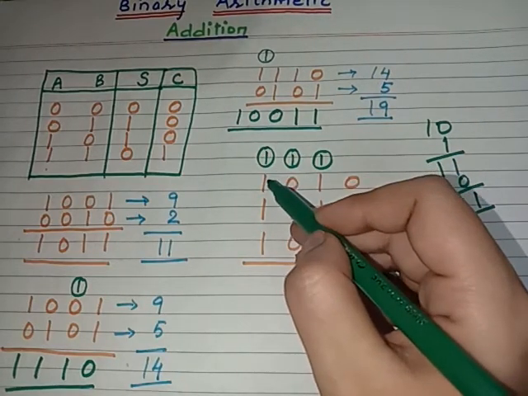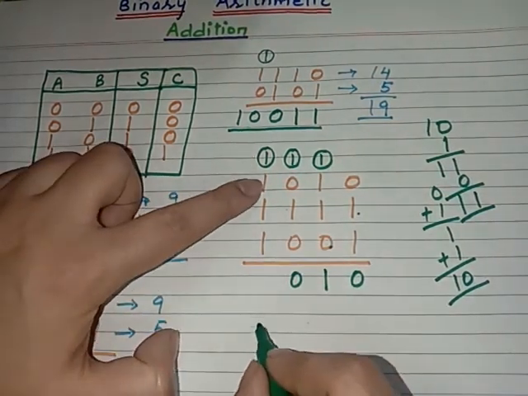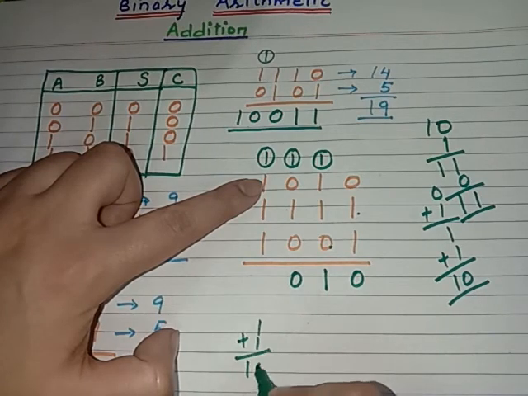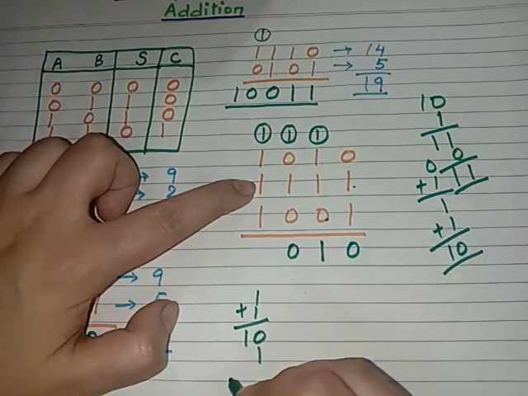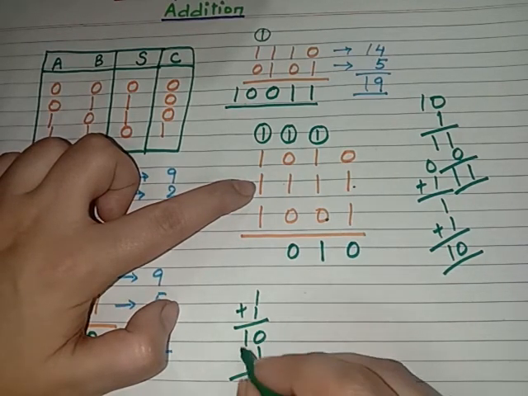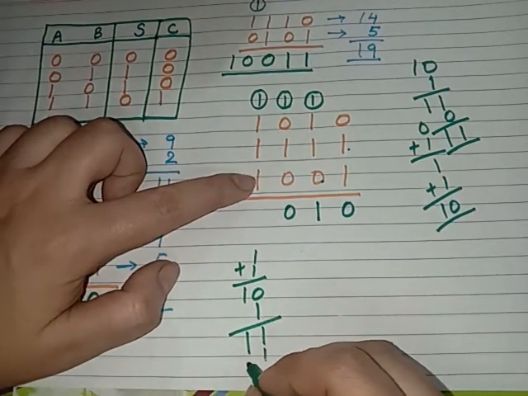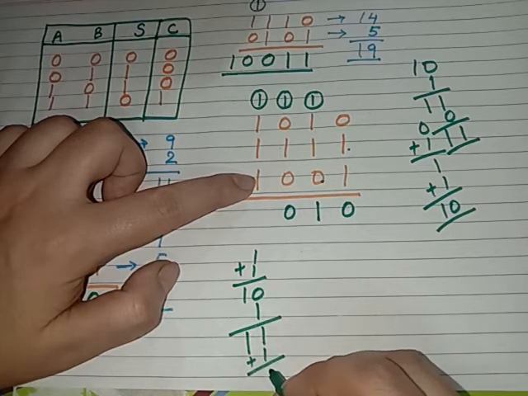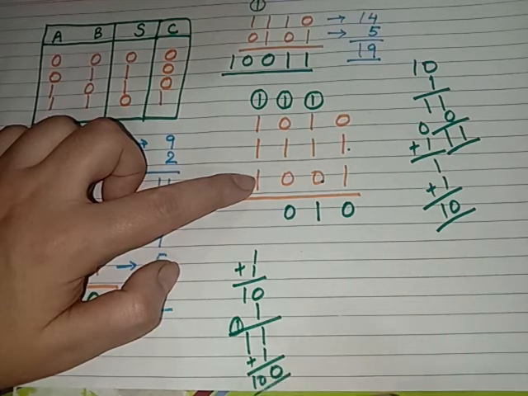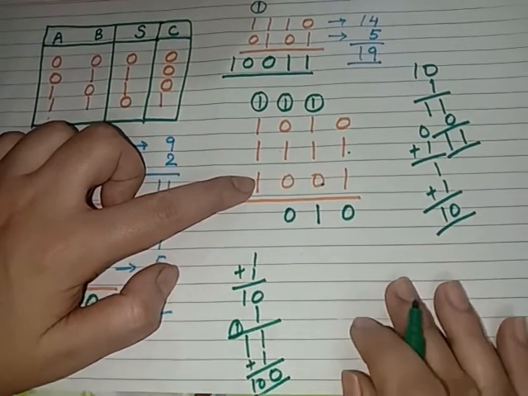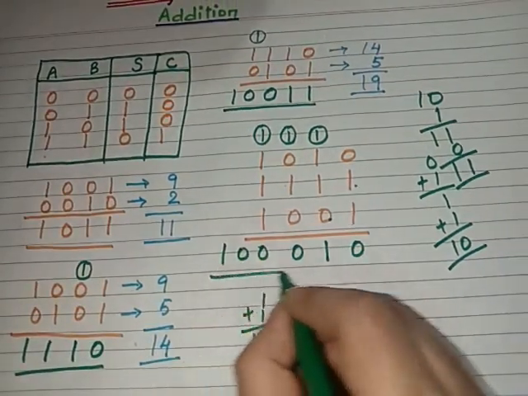Again 1 plus 1 is 10. I will be doing it here in the rough. This is 1 plus 1. You can write it as this. 1 plus 1 is 1, 0. Now what you have to add is this 1. That will be equal to 1. 0 plus 1 is 1 and this 1 is here. Now one more you have to add here, 1. So that will be equal to 1 plus 1 is 0, and 1 is here, carry. 1 plus 1 is 1, 0. That means you are here having 1, 0, 0. So you will be here writing 0, 0, 1, right?